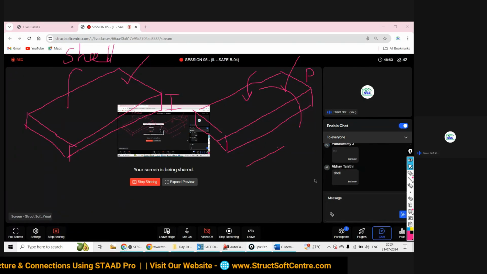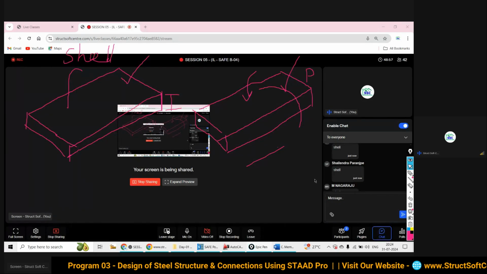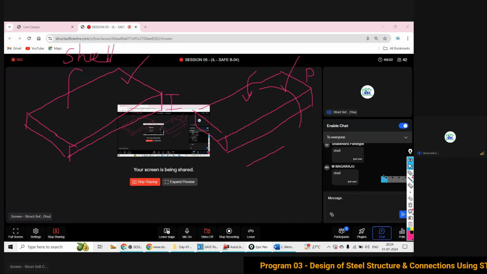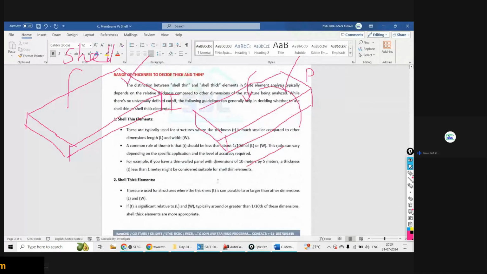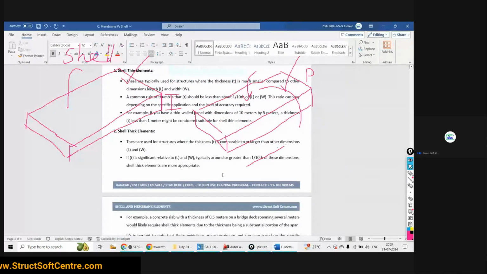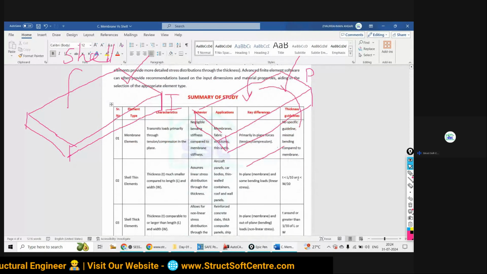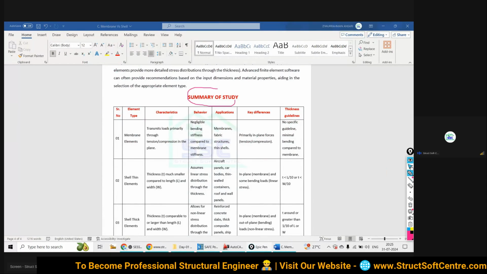Very good. You all are suggesting to consider the shell element. So this is the difference between your membrane and shell. I have given all those theories here. You can read it and understand it. I have summarized shell and membrane very deeply here. Okay, so we would like to see the summary of the study. There is a lot of theory,